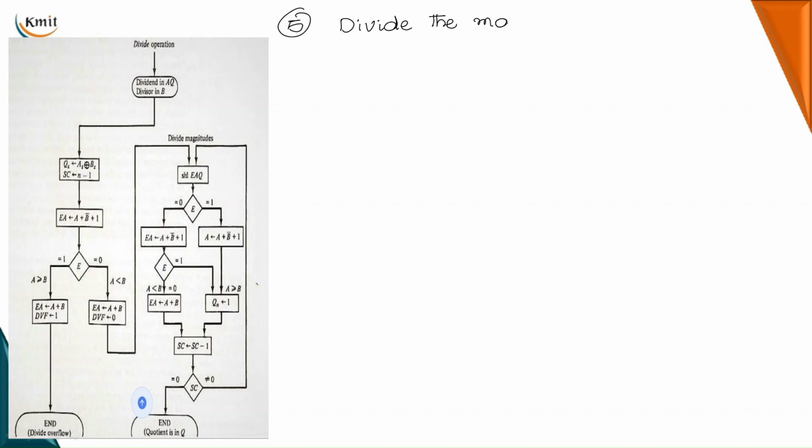Mantissa part of your floating point number. So for dividing the mantissa part of your floating point number, you have to perform a sign magnitude division algorithm. So this is the sign magnitude division, where this part of your algorithm is dividing the magnitude part of your data. So you need not check for this divide overflow situation, because we have already checked the divide overflow situation and aligned the mantissas. So you have to just divide the magnitudes